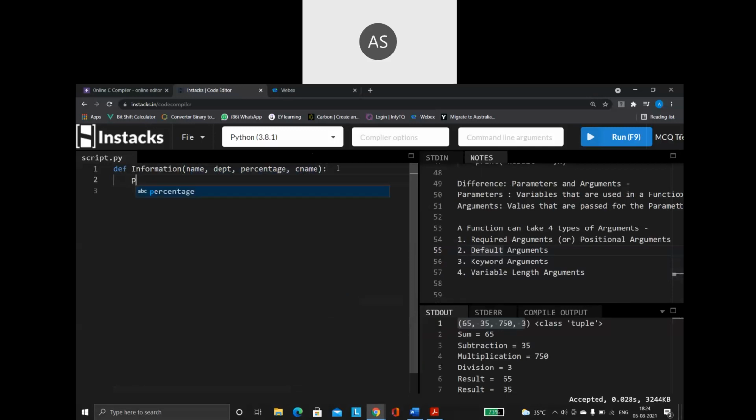Right. So inside that, see what I'm doing. It's a simple function. I'm saying hi, my name is, then the name, whatever is the name of the person, then I am studying in, comma, TPT.